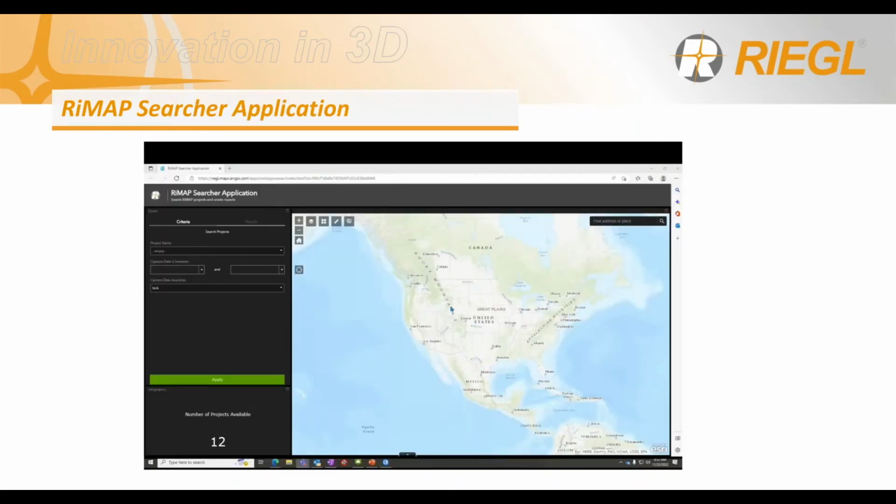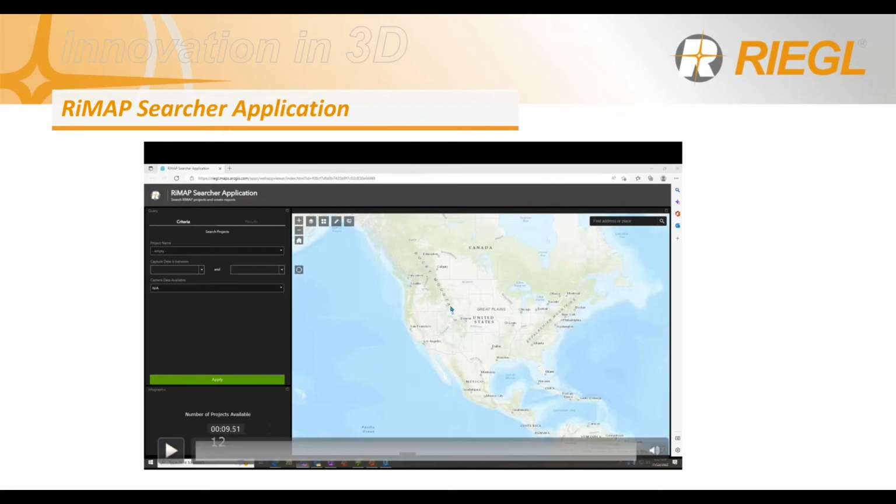So we'll go next to our next dashboard that can auto be created, and that is our searcher application. The searcher application is going to allow you to see those live statistics like we saw on ArcMap with the attribute tables kind of live in this software. And we'll go ahead and hit play here